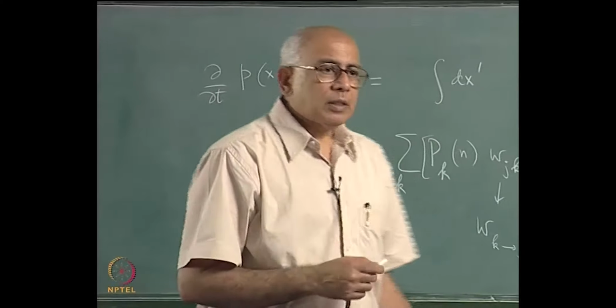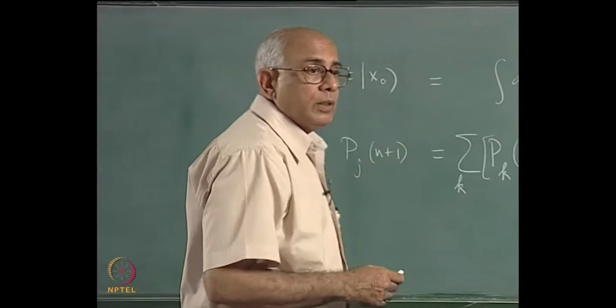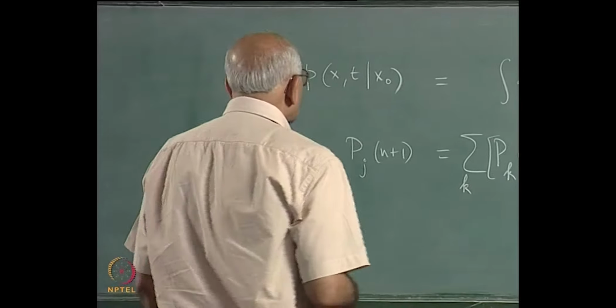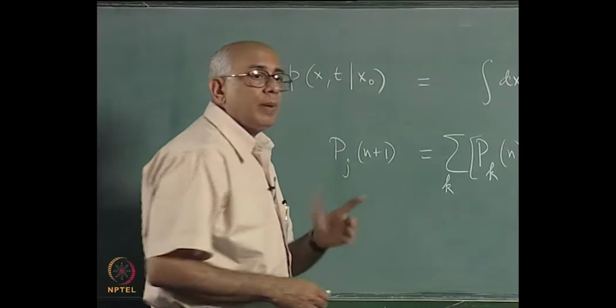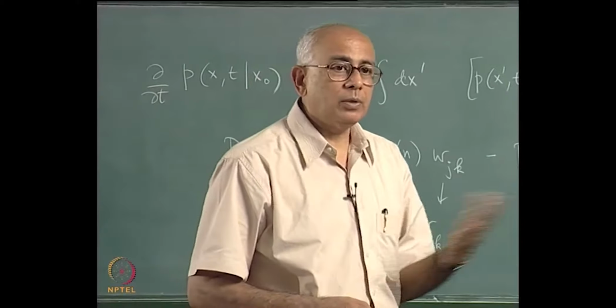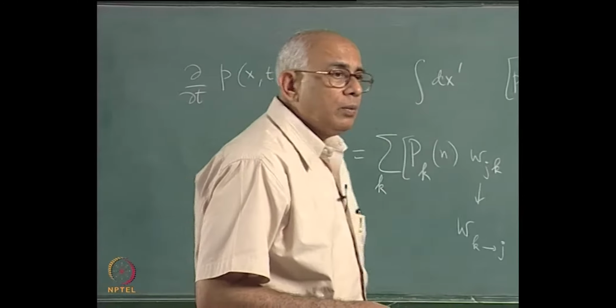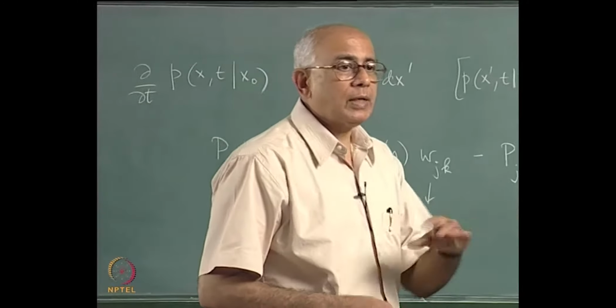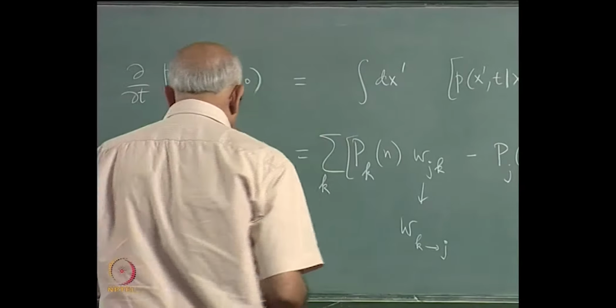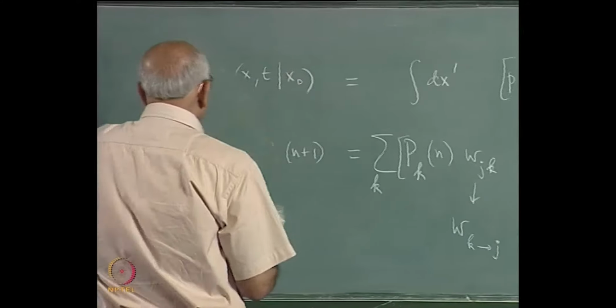Let us look at an extremely simple example in continuous time, just to get used to the idea of these things in continuous time. Let us look at an example where the state space is two dimensional, with just two possible values. So we have a variable which switches between two values, say x1 and x2, at random instants of time, and what would this look like if I plotted the graph?